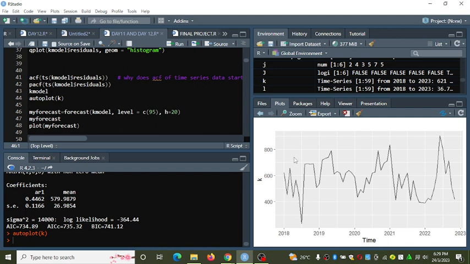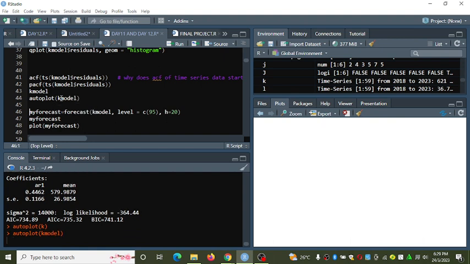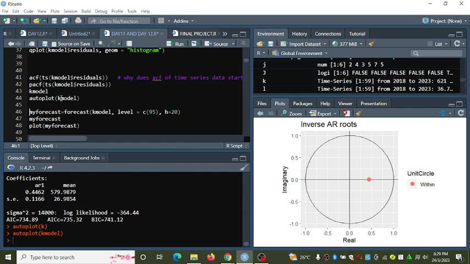This is our original model, but I'm sure you cannot autoplot the model itself. Let's see. The model will give us the unit circles also, but now I don't want that. I only want the model.